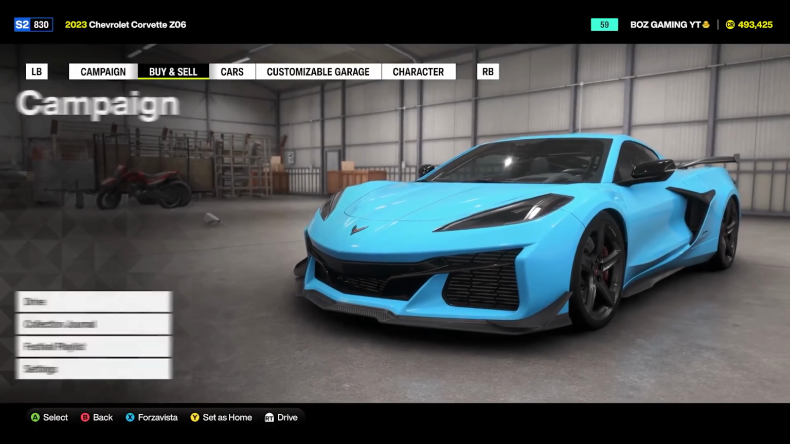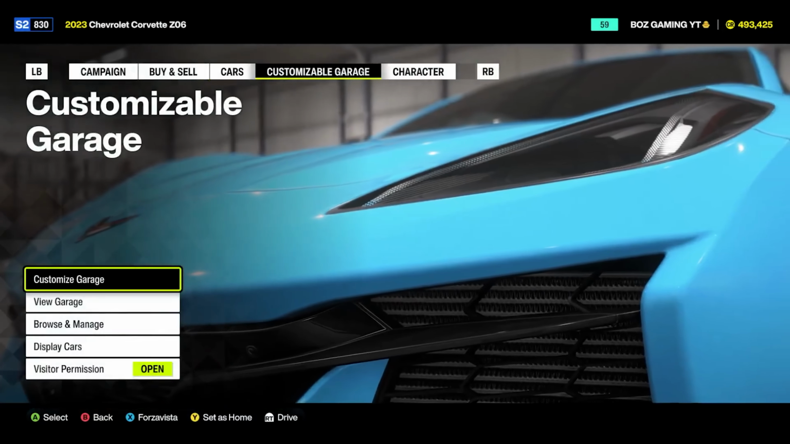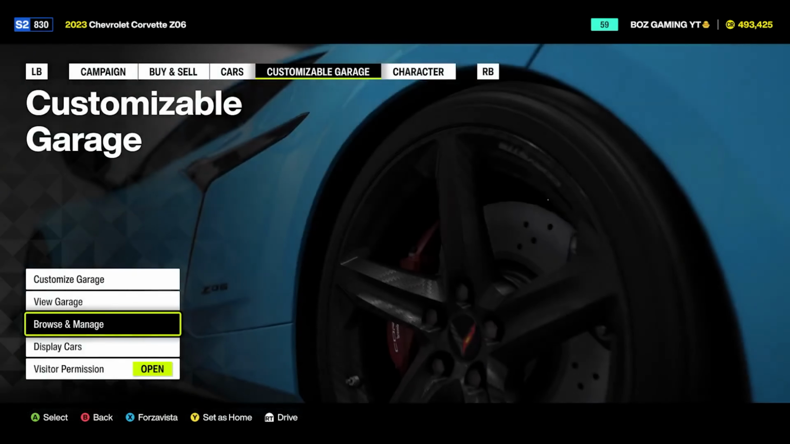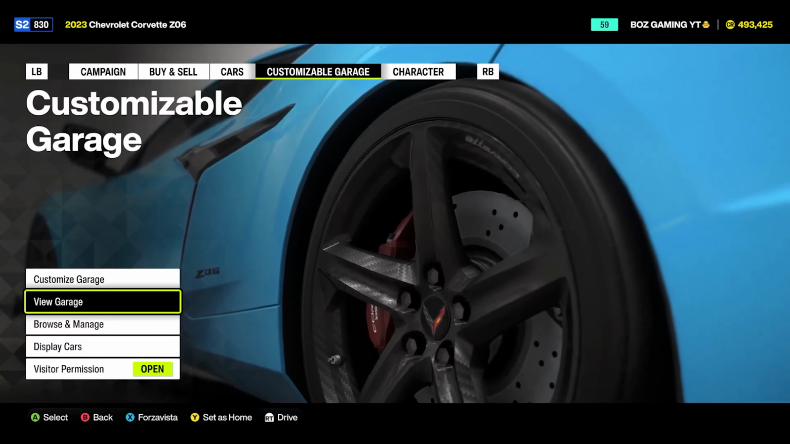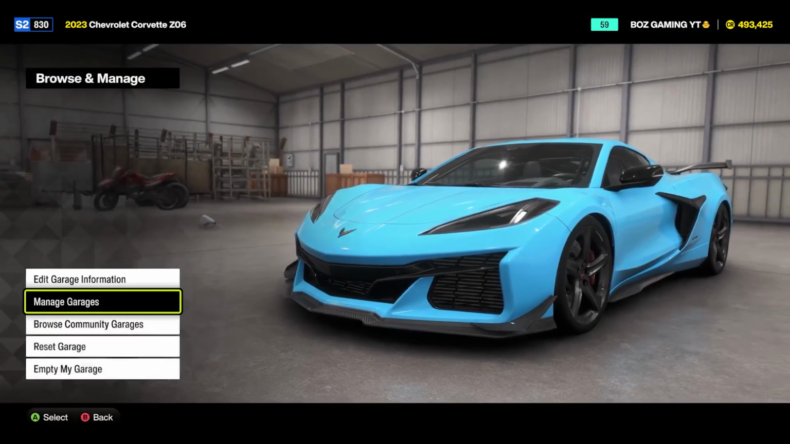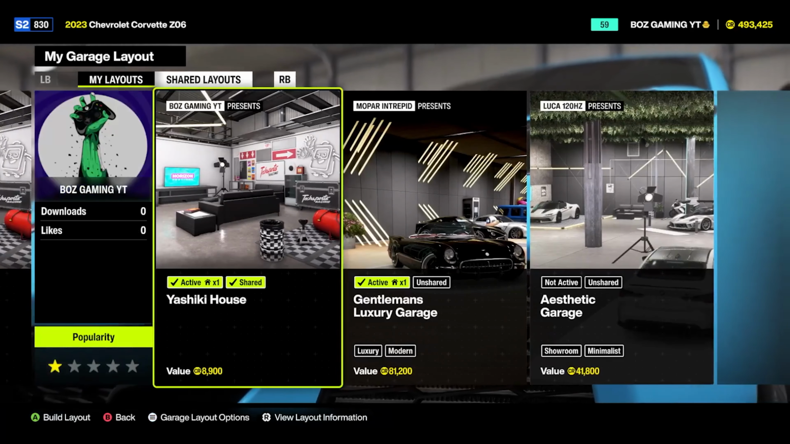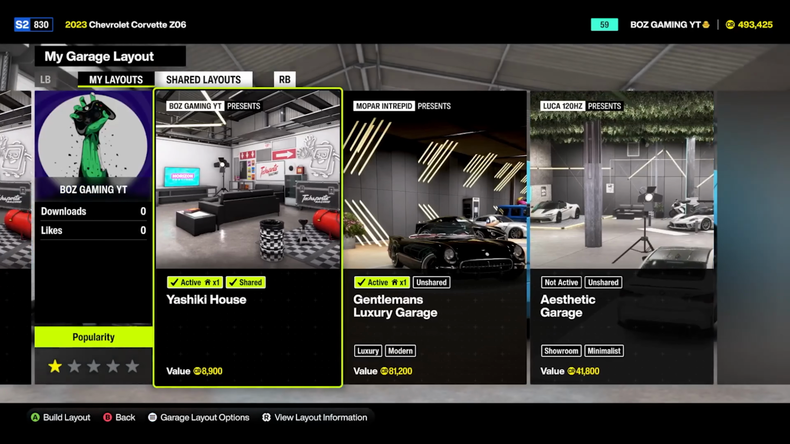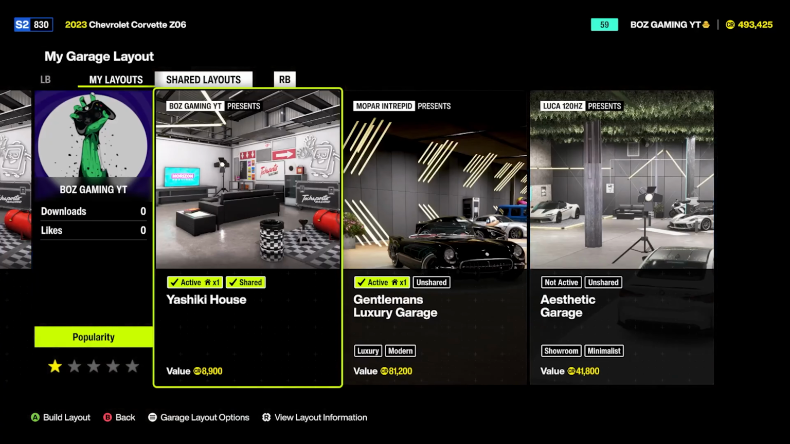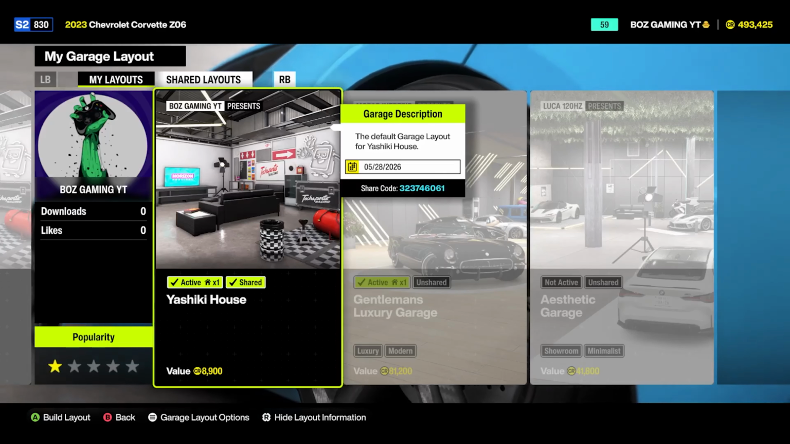So essentially, once you're in here, go to customizable garage and you need to go ahead and open up your garages first. Say it's your garage that you want to share with someone, you'd essentially go to browse and manage, and then specifically manage garages. Find yours on here, and then essentially go ahead and make sure it's shared first. You can do this just by opening up the garage layout options and then hitting share. After you do that, you can just hit view garage layout information, then hit RT, and that's the share code